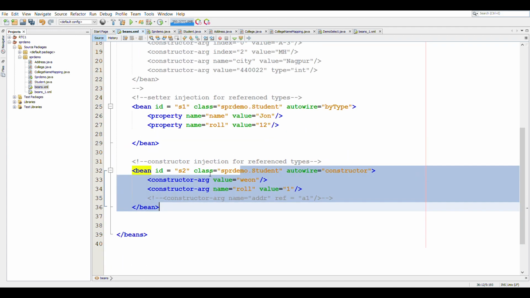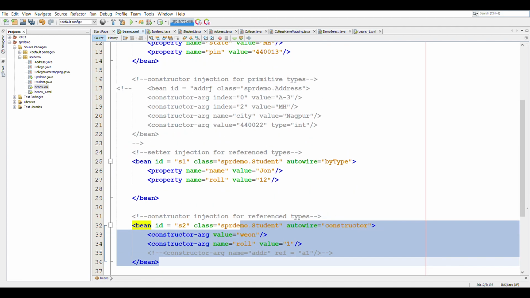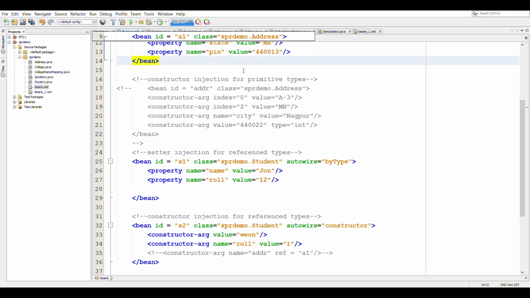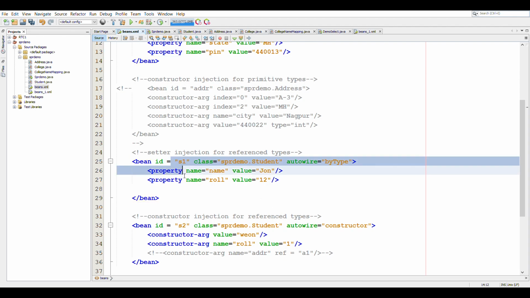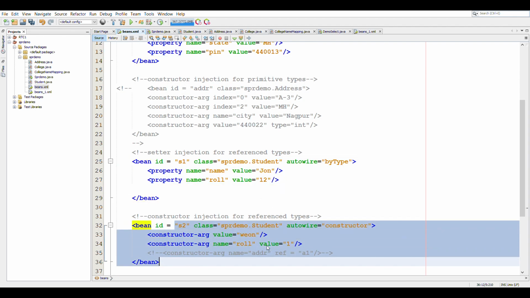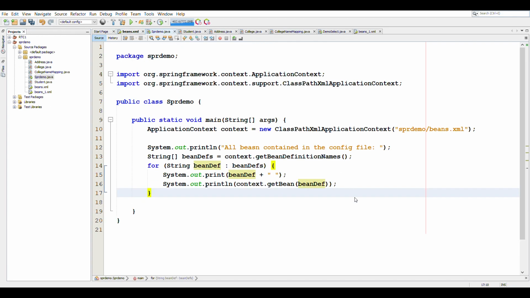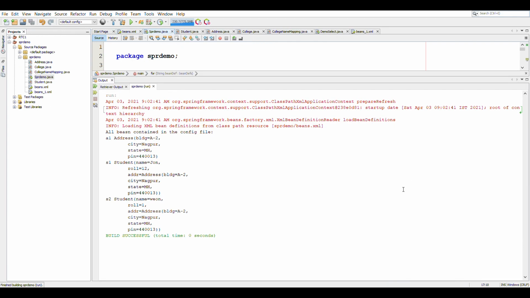So let's say we have, yes, one bean of type address which is A1. So in this case, the student S1 and student S2, both of them will be wired with the same address bean, which is A1. So this is address A1 and both the students are wired with the same address.